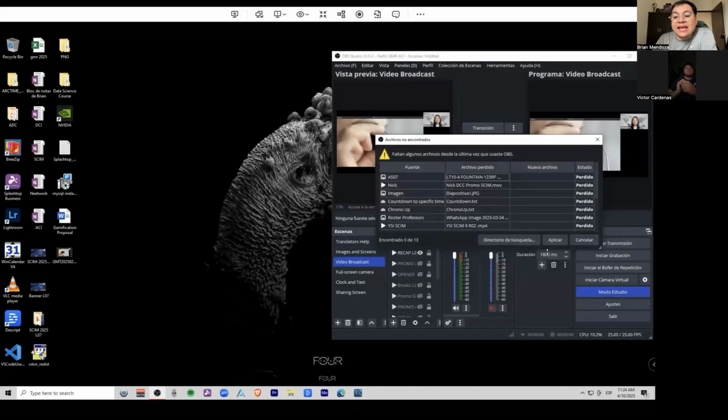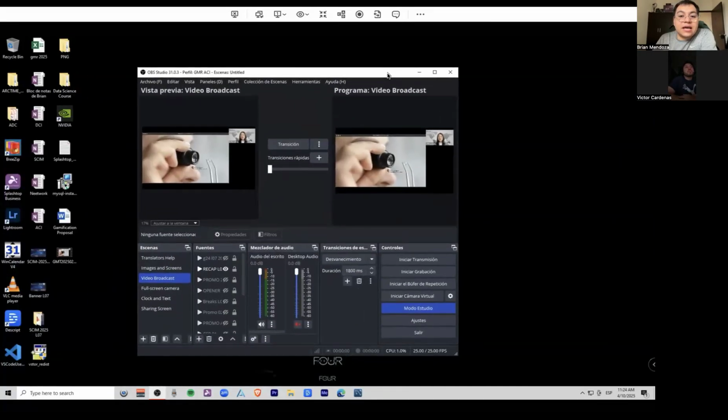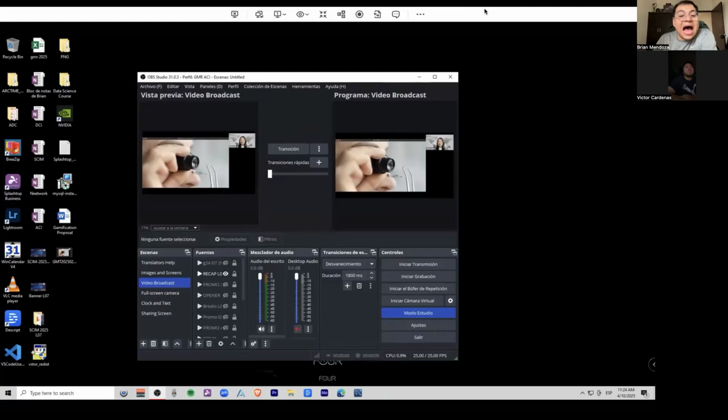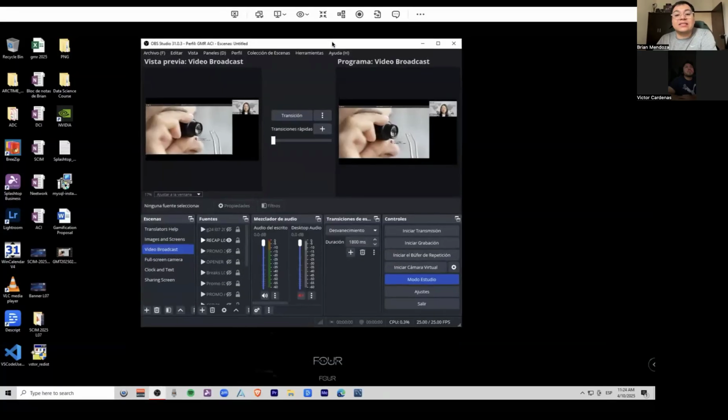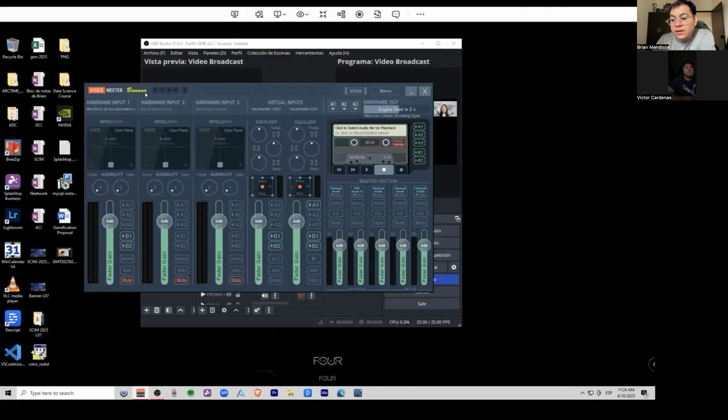OBS is basically a virtual switcher. A virtual switcher is an app that will help you create scenes and scenarios where we can share media and different stuff. The second app we need for Windows is VoiceMeeter Banana, okay? VoiceMeeter Banana is a virtual microphone,